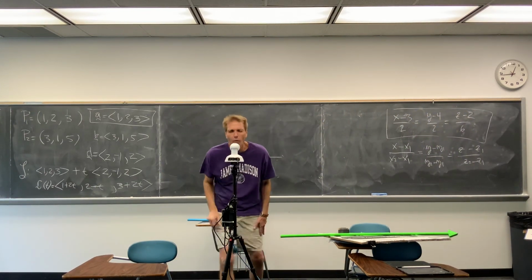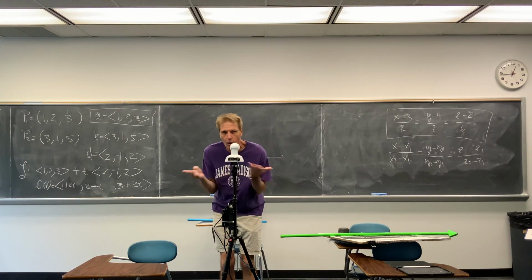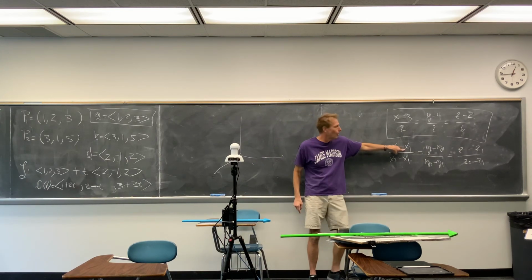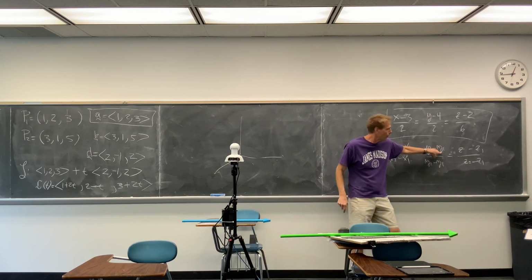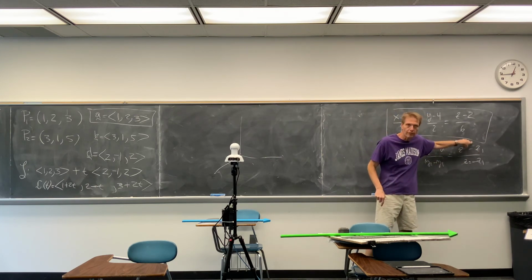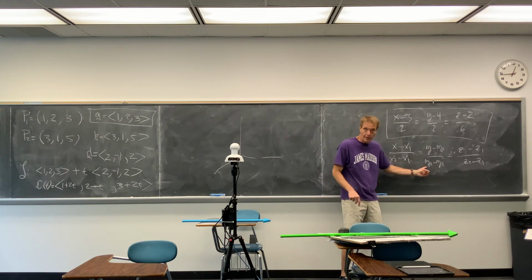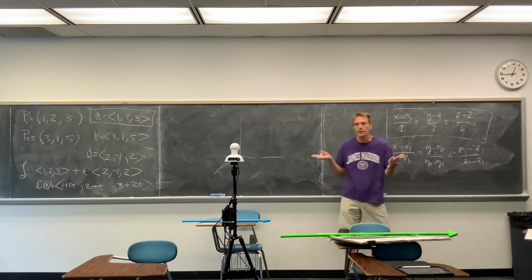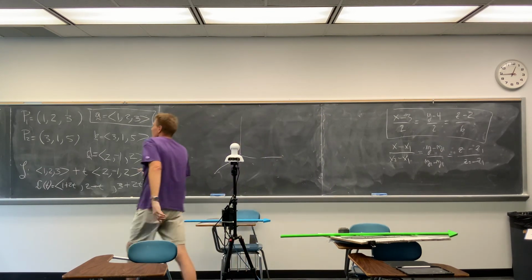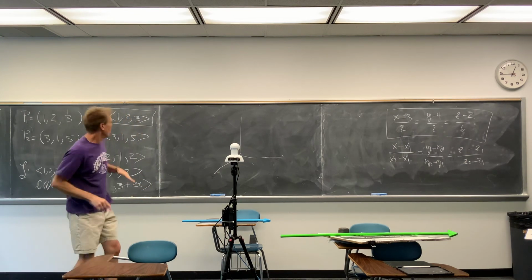And you're like, Dr. Warren, what was x1? What was y1? What was x2? What was y2? What are all these things? They were points. This was the x coordinate of the first point, the y coordinate of the first point, the z coordinate of the first point. This was the x coordinate of the second point, the y coordinate of the second point, and the z coordinate of the second point. If you have a point on the line, like 1, 2, 3,